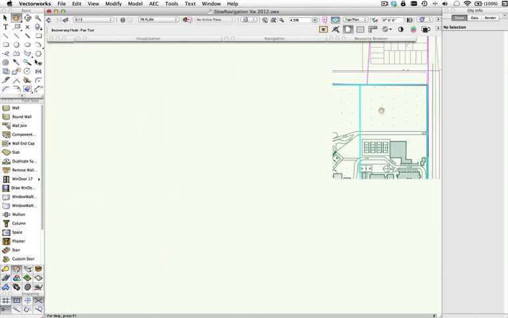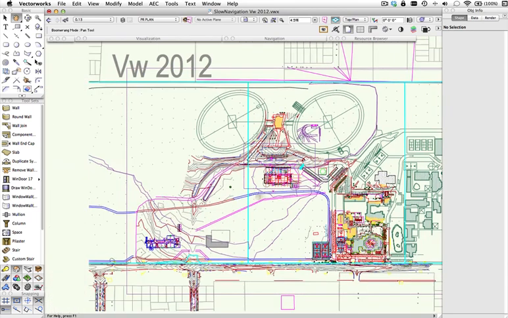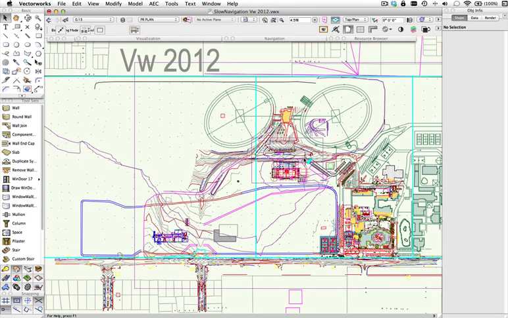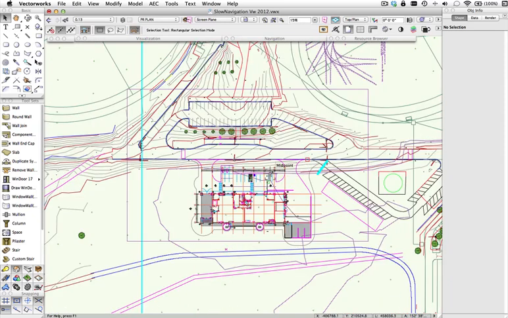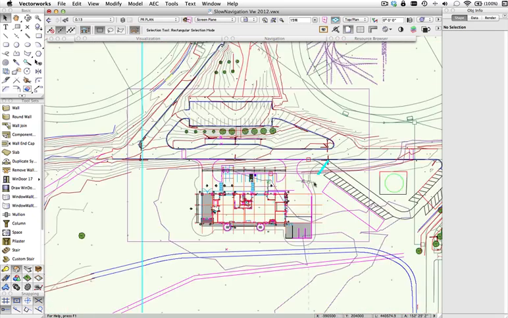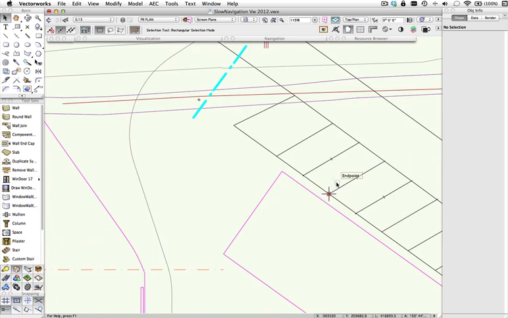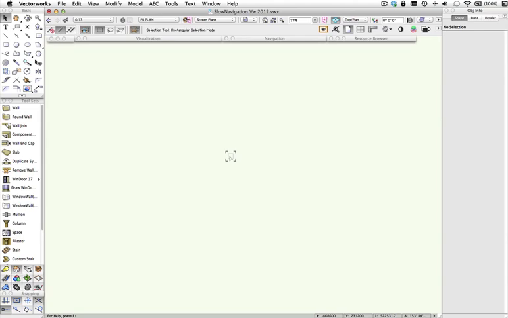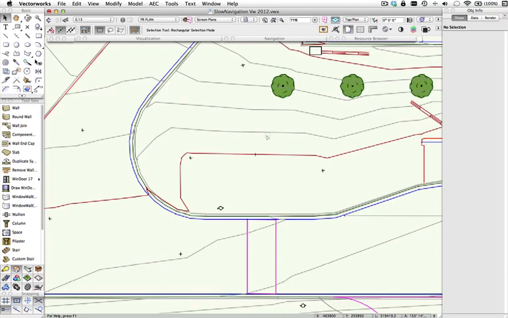If we go back the other way, you're going to see the same thing happen. If we zoom in, everything becomes pixelated until you release the mouse, and in some drawings this can take a few seconds to happen, and things can disappear,